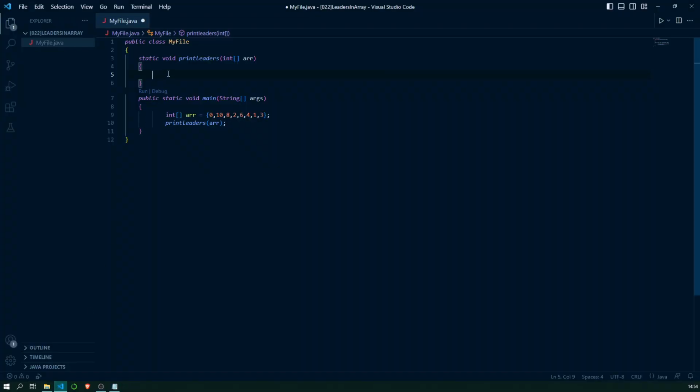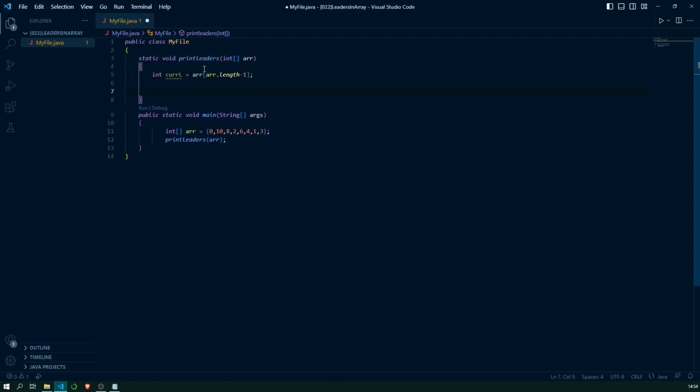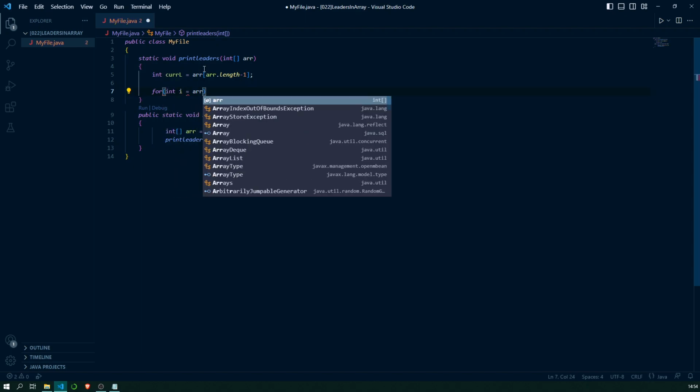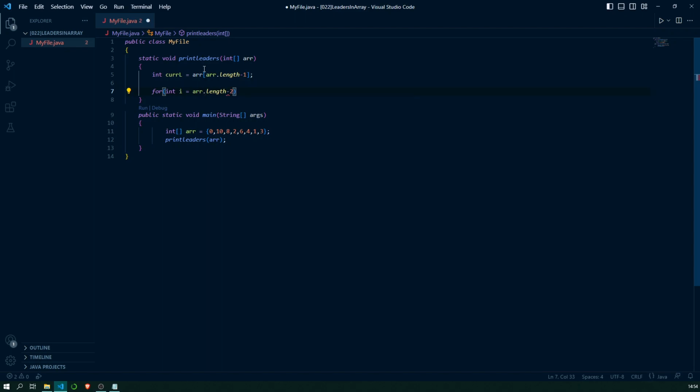So what we'll do is int current leader is equal to arr of arr dot length minus 1, and we will start iterating from the second last element, length minus 2, I greater than equal to 0, I minus minus.